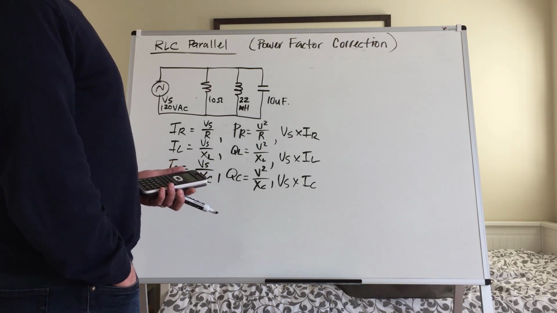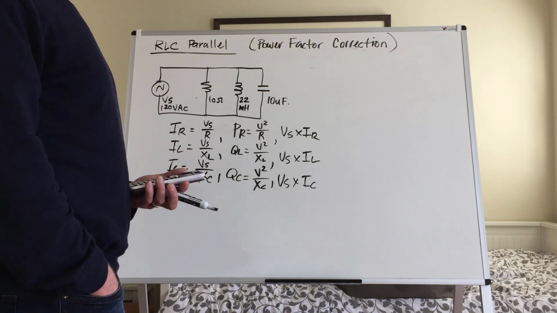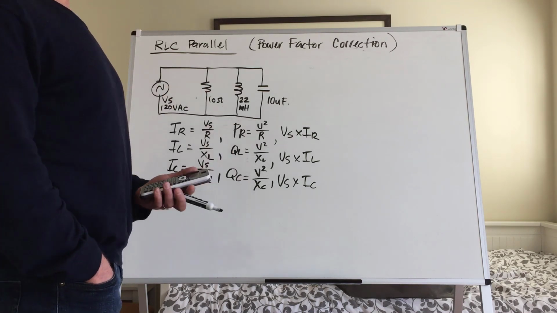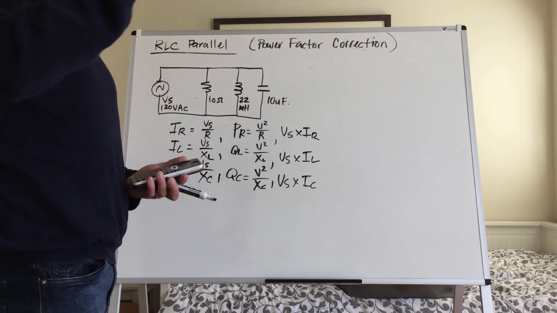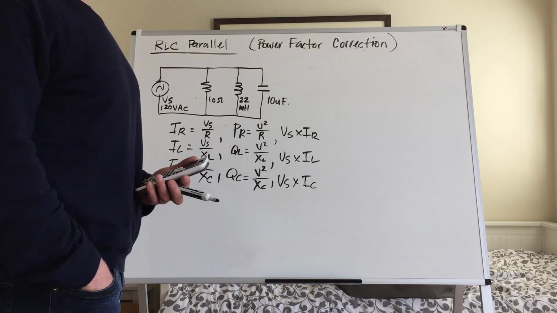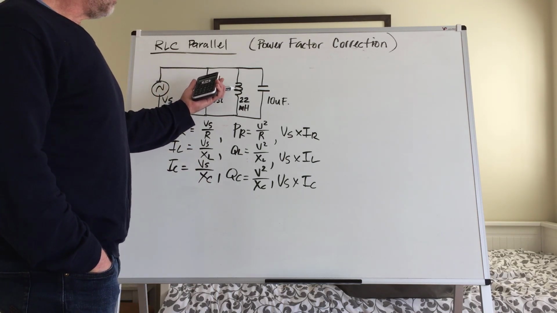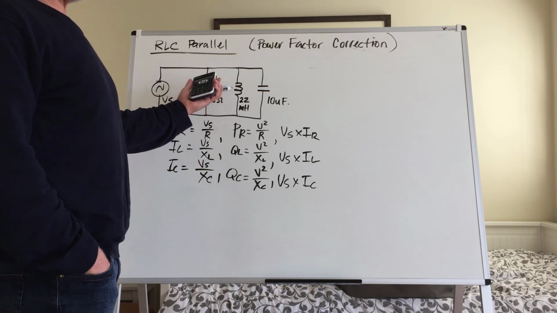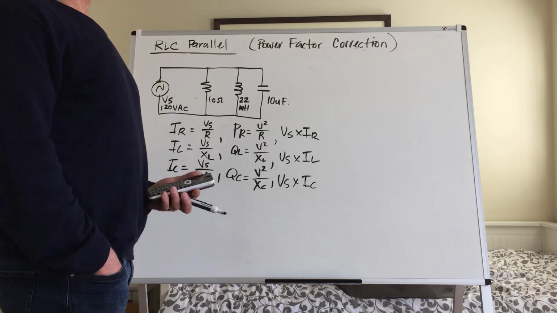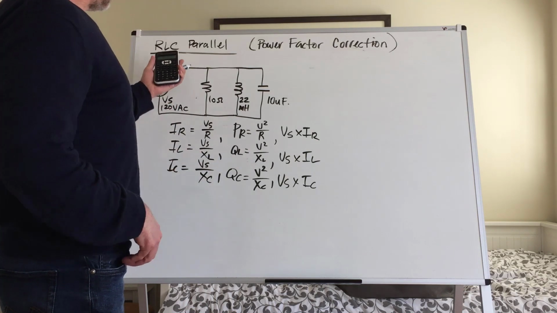The first thing I would say is, in terms of parallel, it's an easier process to relate to than series, because if you have a purely parallel circuit, you're just adding another capacitive branch in order to make the total net reactive power zero. So you're taking whatever value of QL you have as a reactive power for the inductor, you're subtracting the value of QC from it, and whatever you have left over, you simply have to add another capacitive branch right across the source,